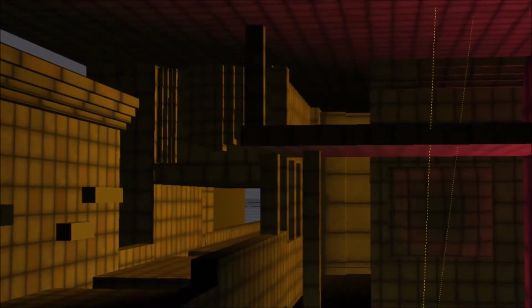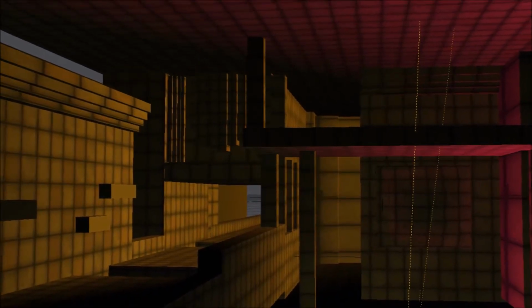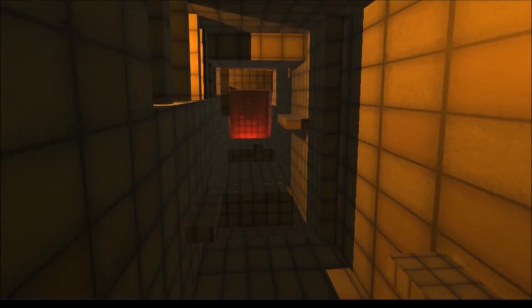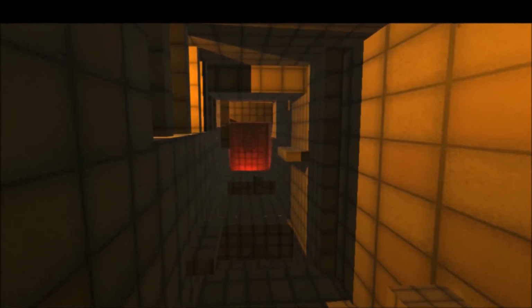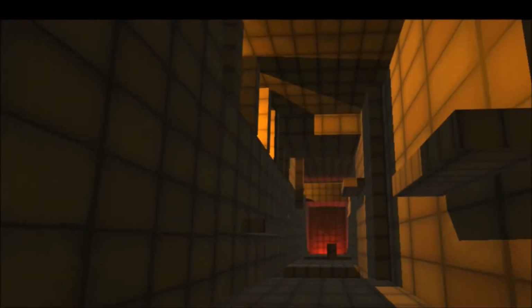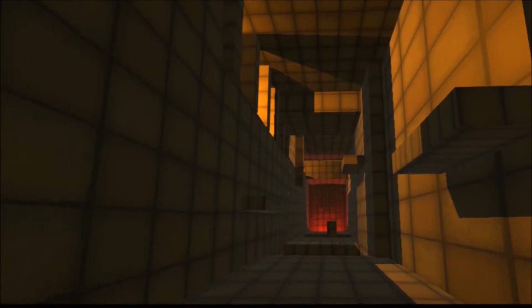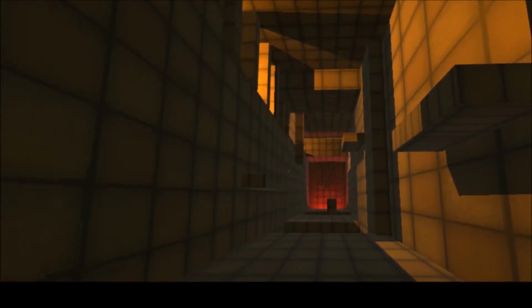Now you'll notice some of these images aren't really very fleshed out. They don't have a lot of props or even textures or other things. They're very basic. And there's a reason for this, because it's a very basic model. Obviously, I'm going to put some more stuff in, but for right now, we're just trying to get a feel for the lighting, the general space, the proportions, how this will all look.